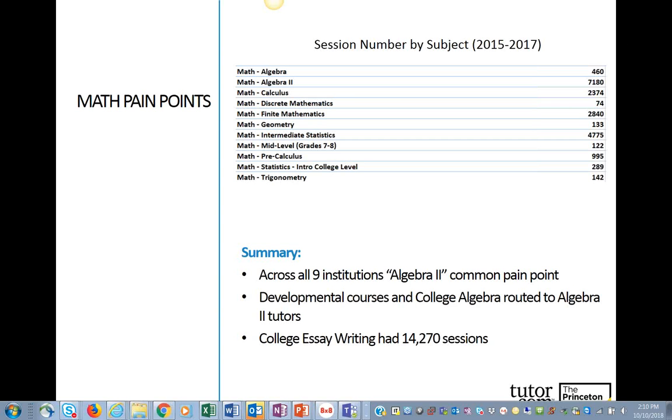Just to explain our classification system, because we are a service that offers support both in the K-12 space as well as in the higher ed space, we classify our subjects using the K-12. So you see here algebra, algebra 2, that isn't always directly in line with college algebra, or there isn't really an algebra 2 necessarily in the college space. So when we do our tutoring, we map the developmental courses and the college algebra to our algebra 2 tutors. As you can see, of all these 84,000 sessions, 37% are within the area of algebra 2. So we wanted to look at those a little bit closer.